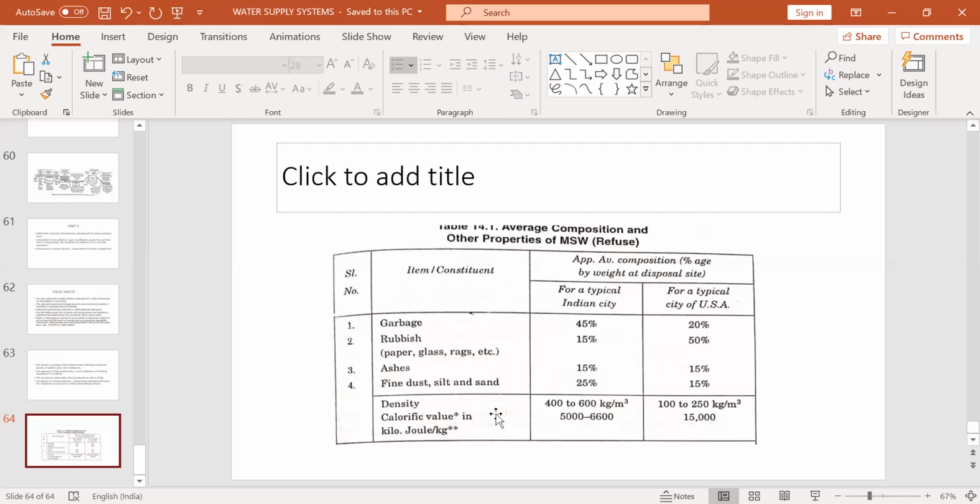Next, the disposal. Disposal of municipal solid waste is carried out by mainly five methods. First is sanitary landfilling. Second is shredding and pulverization. Third is composting, including vermicomposting. Fourth is incineration, which is burning, and thermal pyrolysis. And fifth is throwing or purging into the sea. So these are the main five methods.